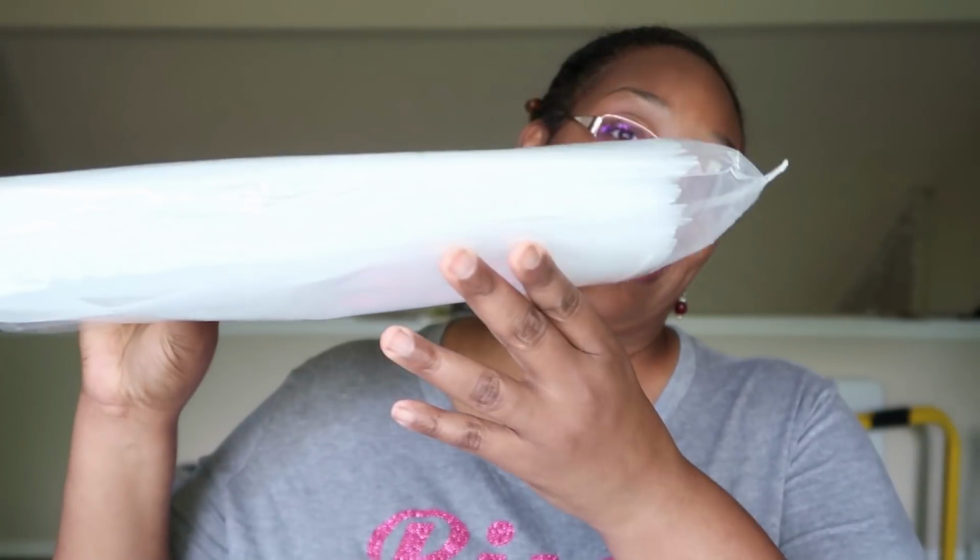And so one of the things I found recently, because I have some patterns that need to go in clear folders, I usually get them from two different places, either Amazon or the dollar store. If I just need a couple, I tend to run to the dollar store to see if they have any in, because you know how dollar stores are, they don't always stock the stuff all the time. The last couple times I went to the dollar store, they did not have any, so I went ahead and just ordered from Amazon, which is actually much cheaper. And so that's what I got, a whole pack. This here is a pack of 30, and it comes out to maybe 49 cents per clear folder,